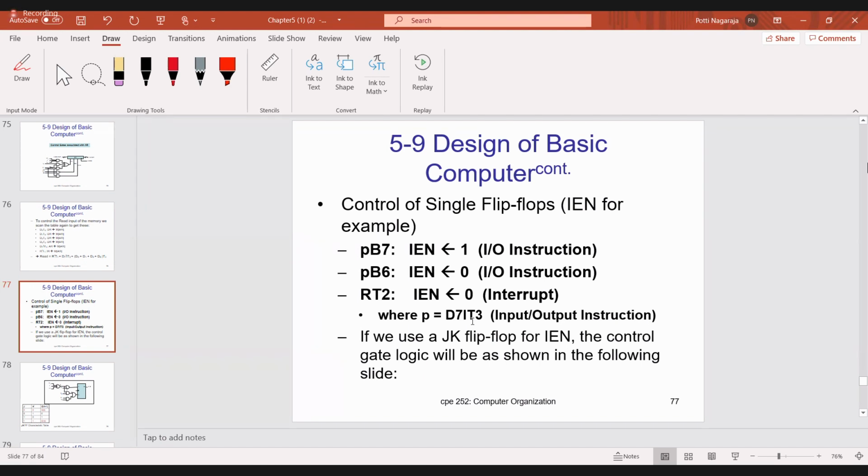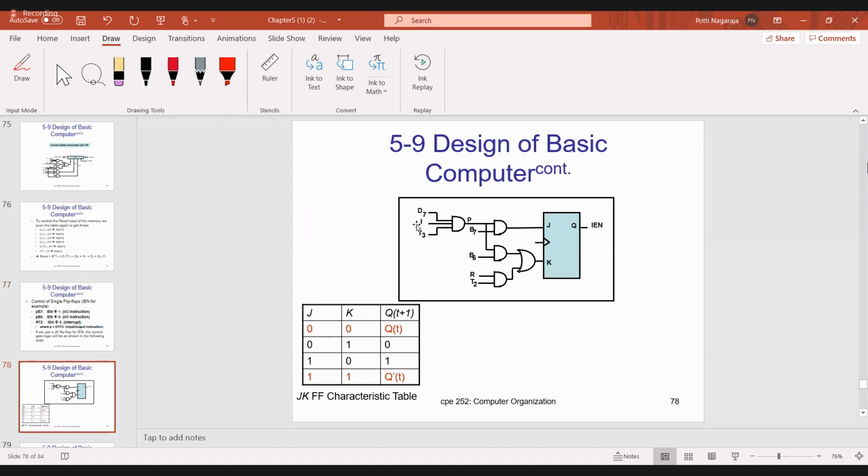Now see here, PB7: P and D7 IT3. So I am doing an AND operation on P and D7 IT3, then I am getting P. Then B7, I am doing an AND operation, so I am getting the J.